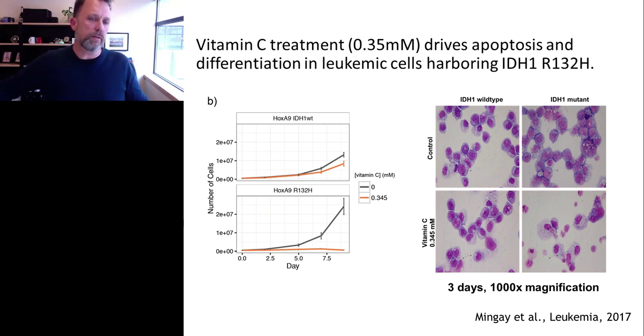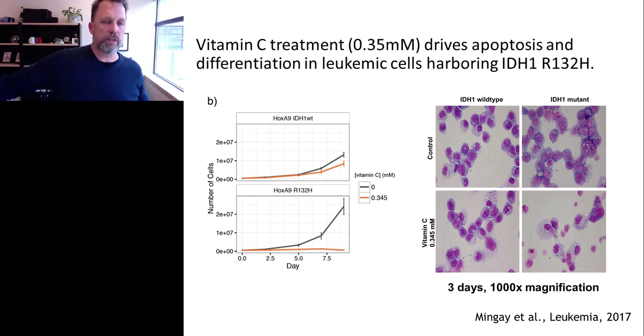However, when we look at the HOXA9 R132H, we see cytostatic behavior. And in fact, as shown on the right-hand panel, we can see evidence of differentiation. Looking at the lower right quadrant, we can see what appear to be granular cells or granulocytes forming when we add vitamin C in the context of the IDH